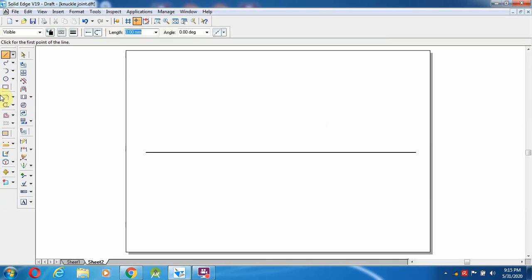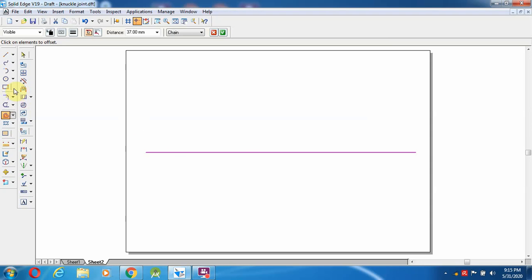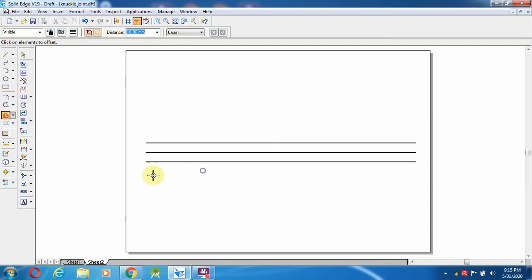So I'm going to select the offset option. This middle line, and the offset distance is from here to here, pi d. So pi d is the 20 mm line. 20 mm means this side 10, the bottom 10. So I'm going to give the value as 10, enter. So above, and I am going to keep another one below. The same 10 mm distance going to keep over here.